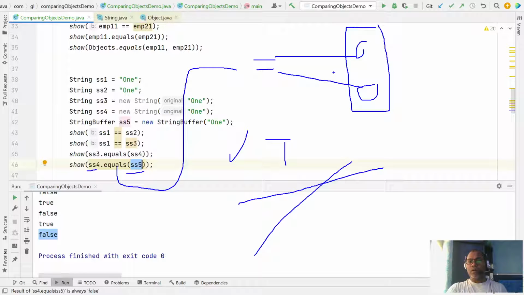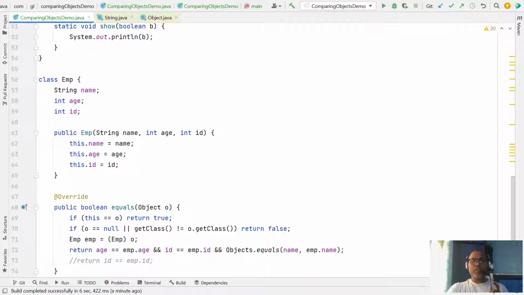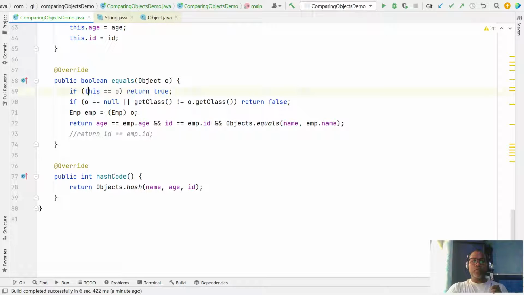If not, it checks whether both have the same content; if yes, it returns true. So whenever we provide our own equals method definition, we write this logic: if both refer to the same memory location, return true; else check whether both have the same type. If they have different types, one a StringBuffer and one a String, they return false.